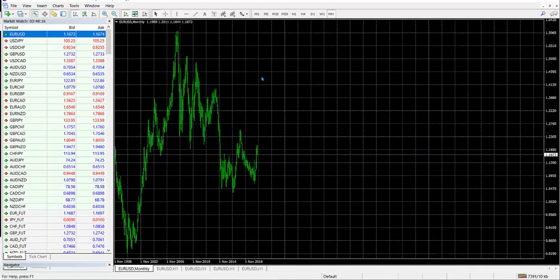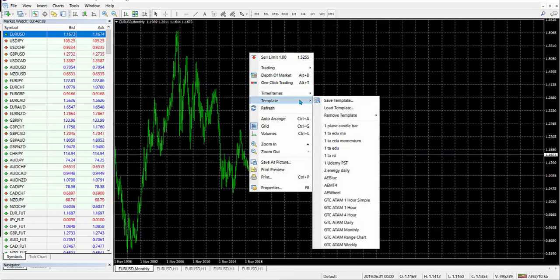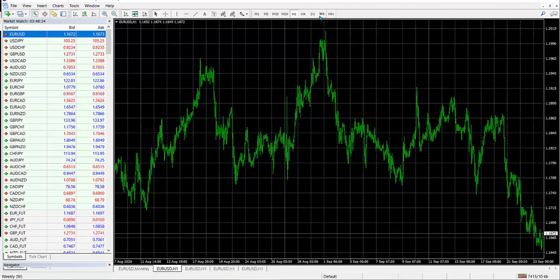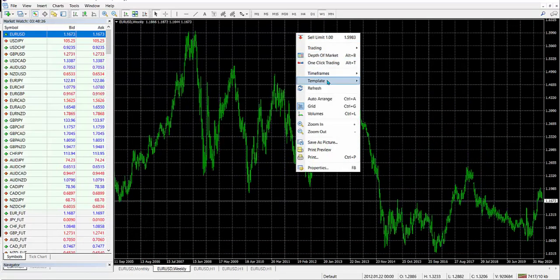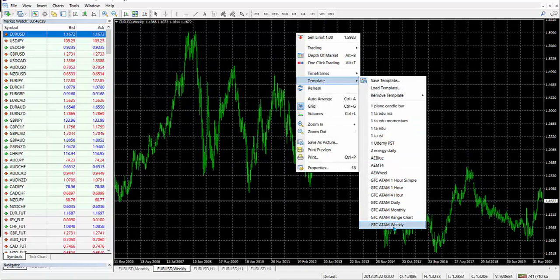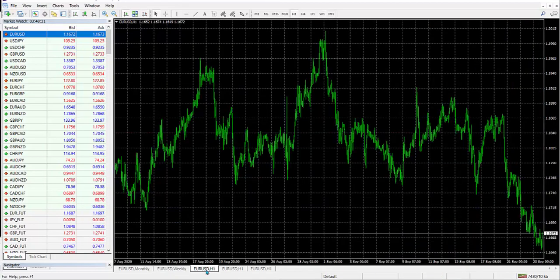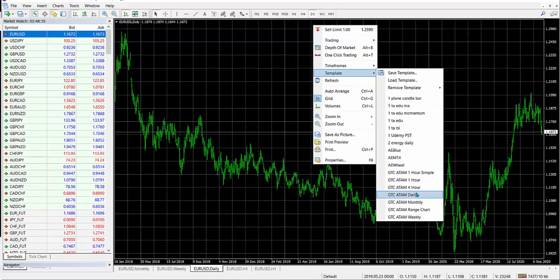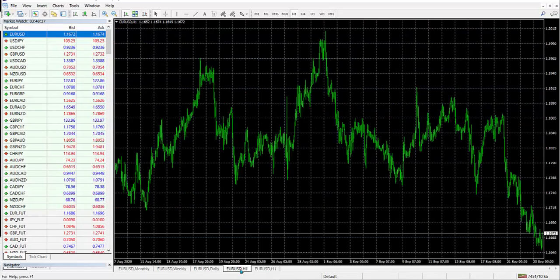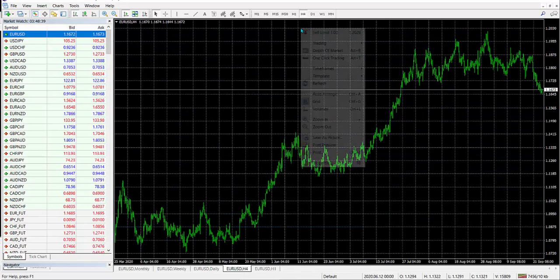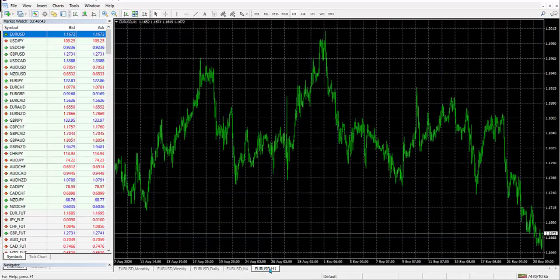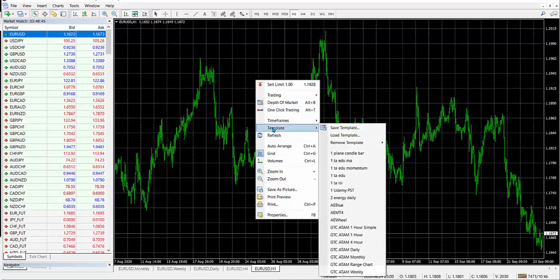This is the monthly. I right click, choose a template for the monthly. Click on the weekly, right click, template, choose a template for the weekly. Do this for the daily. And the 4 hour. And when you come to the 1 hour,